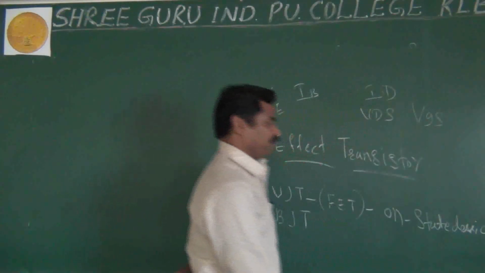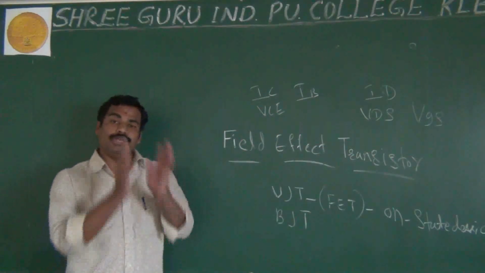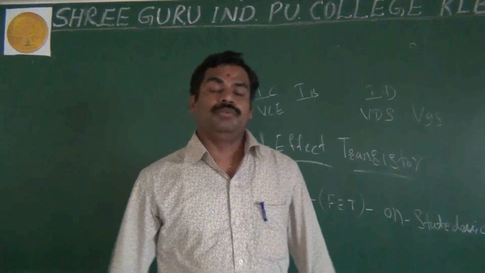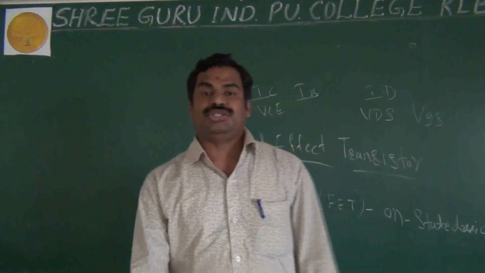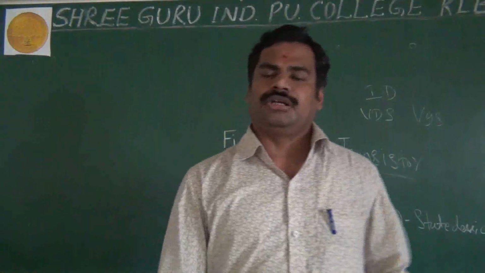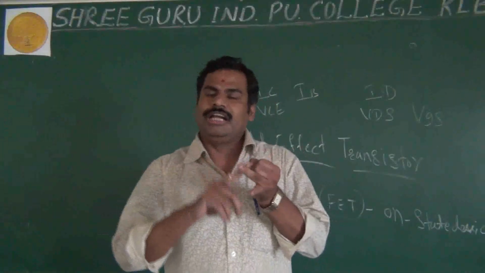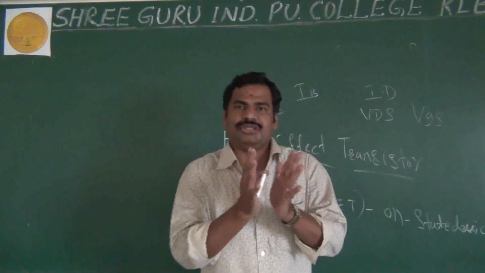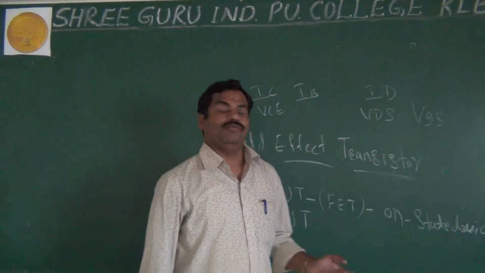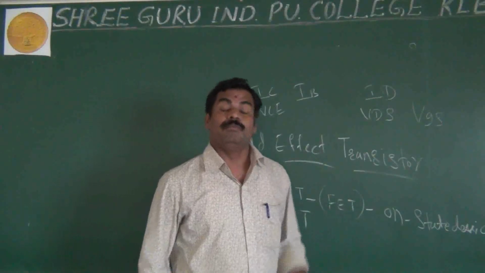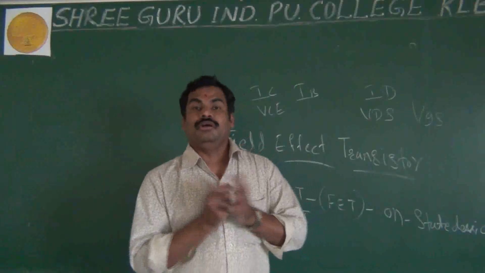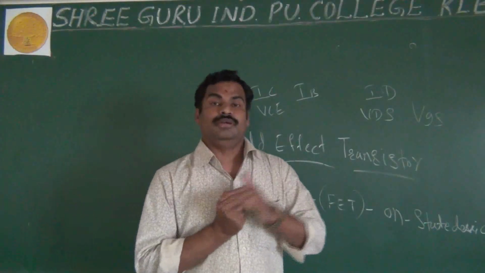On-state device. Nowadays you are using more and more electronic devices. Why? Because they are compact in size and lightweight, they are very fast, and they take very small space. That's why we are giving more importance to electronic devices. But these are the general reasons. What about the technical reasons why we use electronic devices?